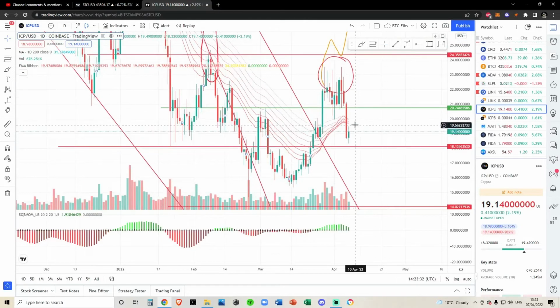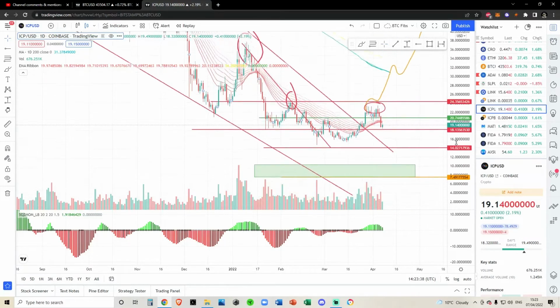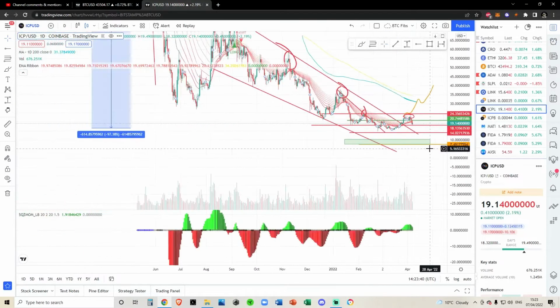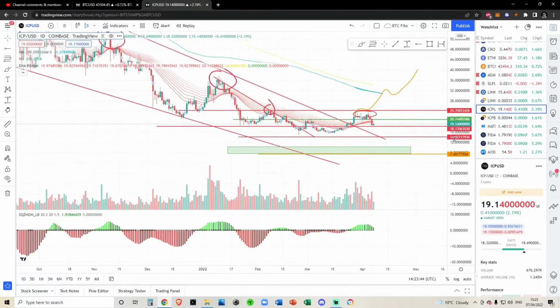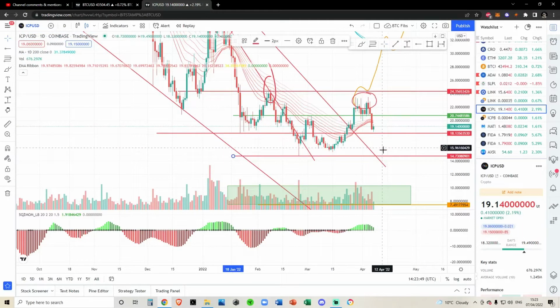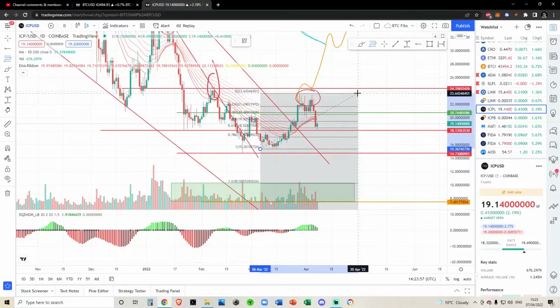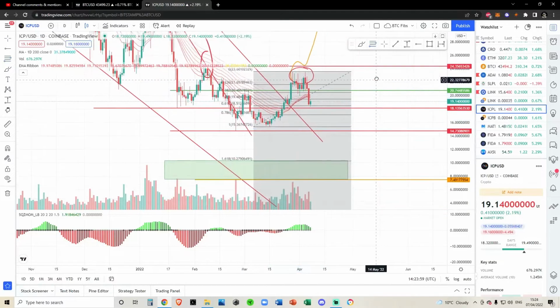So I would potentially consider that we could come up to this region before rolling off the table. Now, looking at where we can really head down from now is really not good. I mean, we haven't been below these previous local lows down here, so I would have to assume that we would at least be coming down to sweep the floor at $14.73. And if we take a Fibonacci retracement of this move and see what the extension targets would be,